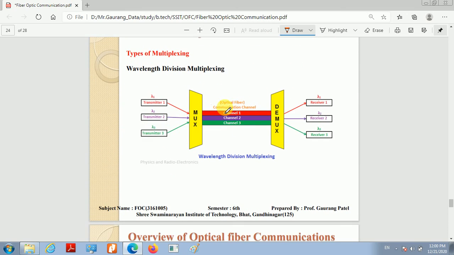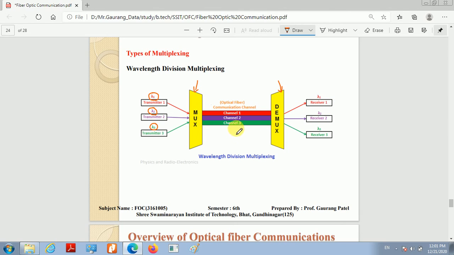This figure shows the scenario of wavelength division multiplexing. So as you can see, I have three different transmitters. Transmitter 1 sending the wavelength lambda 1. Transmitter 2 will send the wavelength lambda 2, and transmitter 3 will send the wavelength lambda 3. All these three wavelengths or signals are combined by this multiplexer, which is known as a WDM multiplexer. An aggregate common signal is sent over this channel. Demultiplexer performs the reverse operation of this multiplexer, and the different wavelengths are given to the respective receivers.